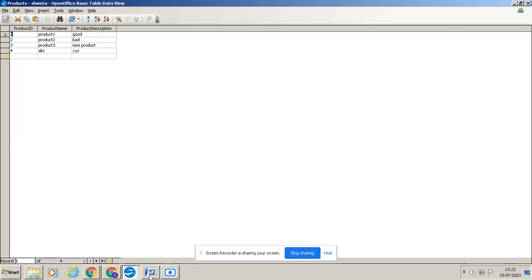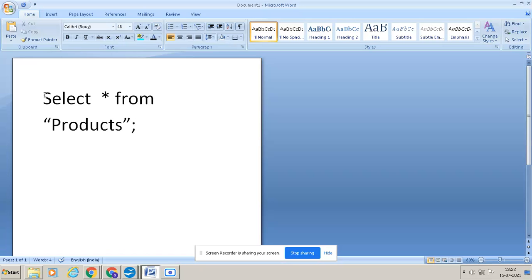Now the next query is your update query. As I told you in the previous class, the update query is used to change something. Sometimes you make a mistake in your table. If you want to change that data in the table, you use the update query. Now the syntax for the update query is,